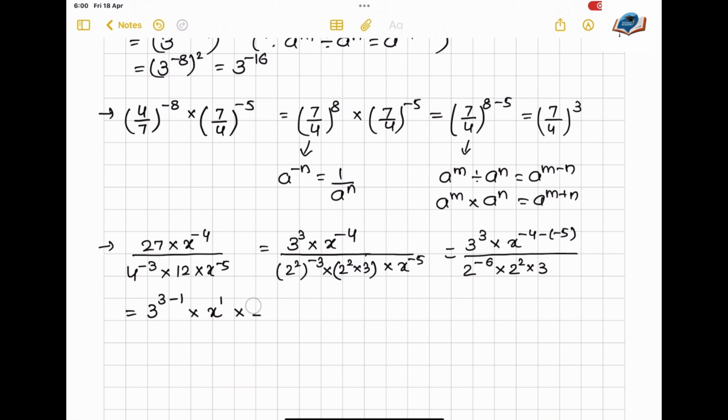See, in the numerator only, let us solve that first and then we will bring it up. So 2 raised to minus 6 plus 2, because these two are in multiplication, so powers will add up. So this will be 3 square x upon 2 raised to minus 4. So that I can show as, see, if minus power I take up, or I can write it like this. See, so this one I can write as